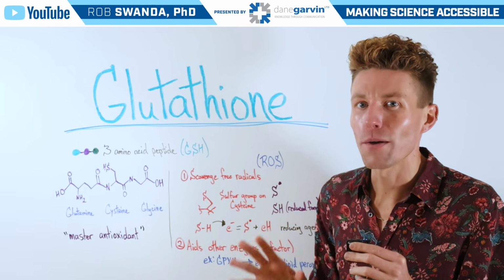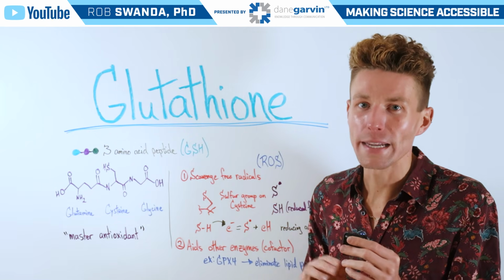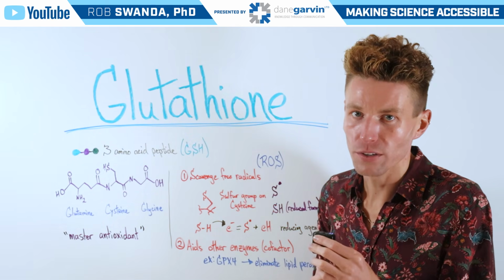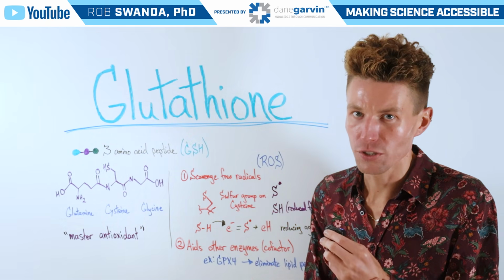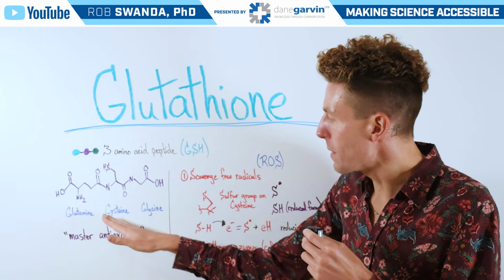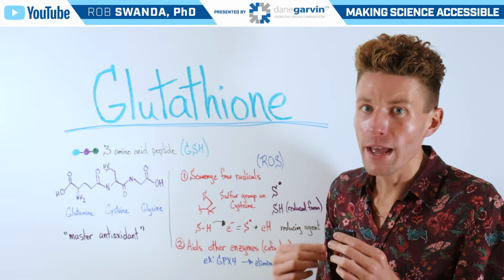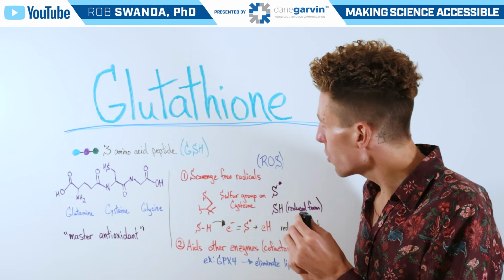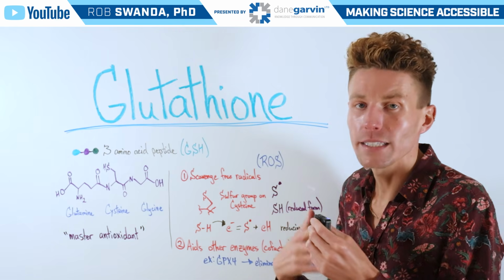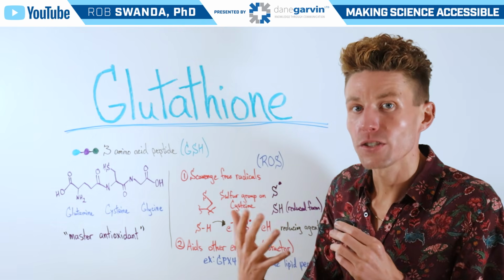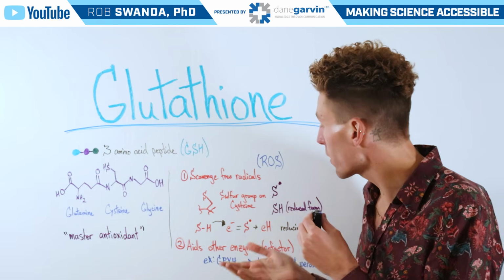And I'm going to talk about why that is with 2 main examples. The first is being a scavenger for free radicals or reactive oxygen species. And that's when we're actually going to zoom in on the cysteine amino acid within glutathione, and even more specifically on this sulfur group. That's because that sulfur group on cysteine can act in 2 different forms. The first being the reduced form, where it's attached to hydrogen,